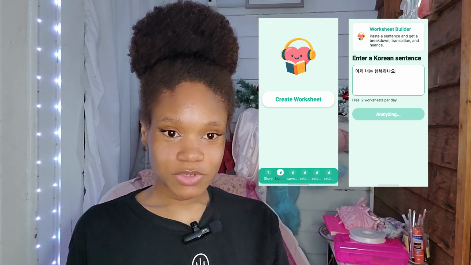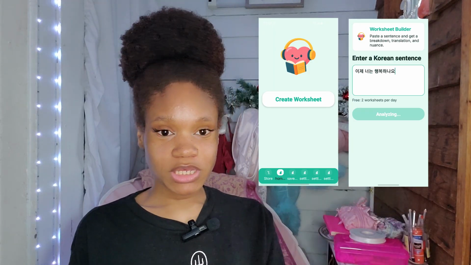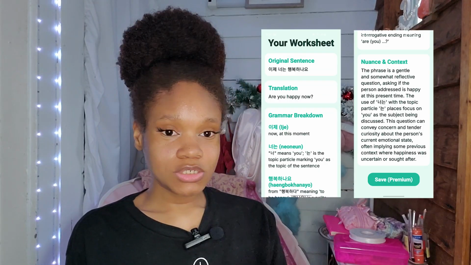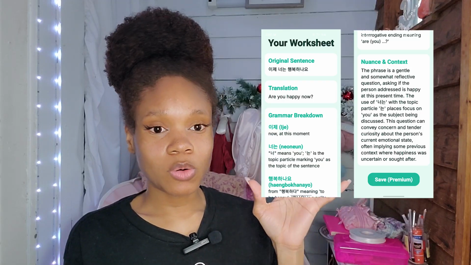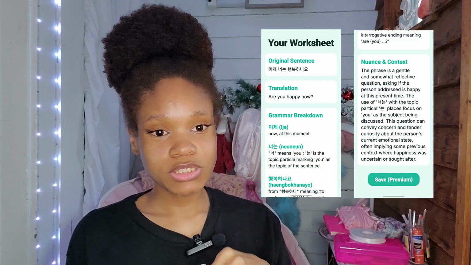My app gets a Korean sentence, breaks it down, and explains it to you. You enter the sentence and it makes a whole worksheet. You can print it, you can save it, and have a whole little personal library, so you can learn Korean, but just from a song or just a sentence. I have the translation quality connected to an N8N workflow that I made on my own. And I did that because I wanted to learn how to use these AI tools, these AI platforms.